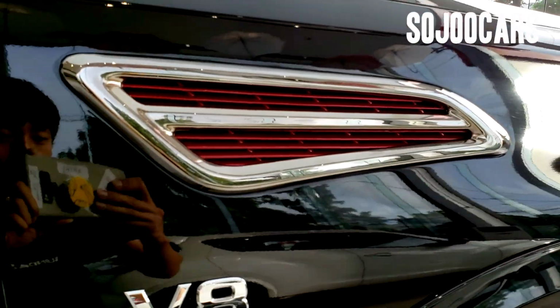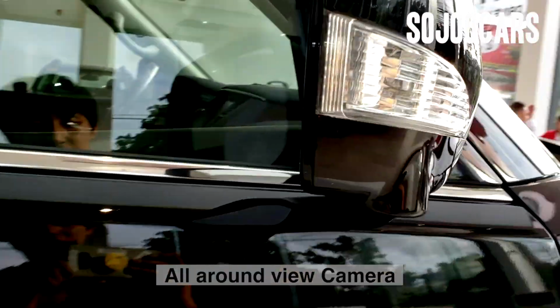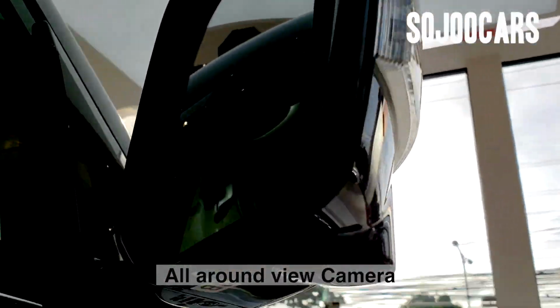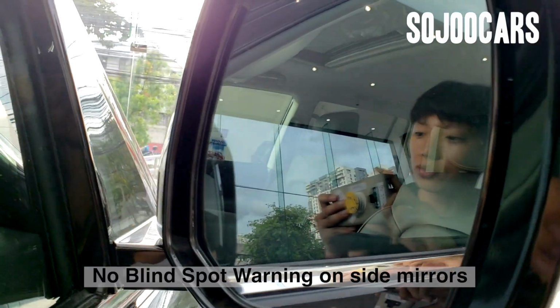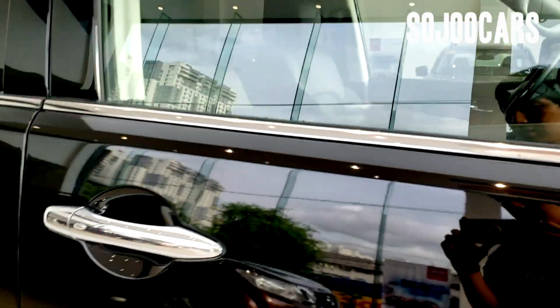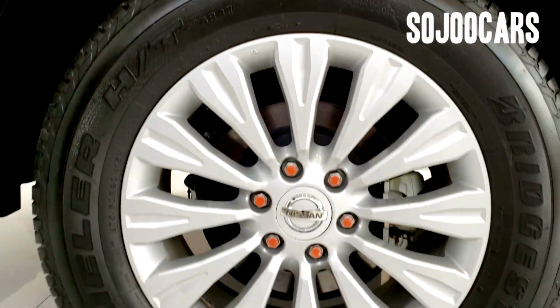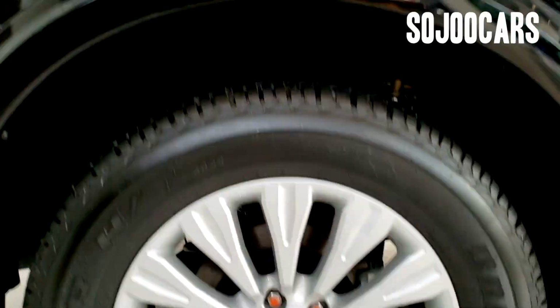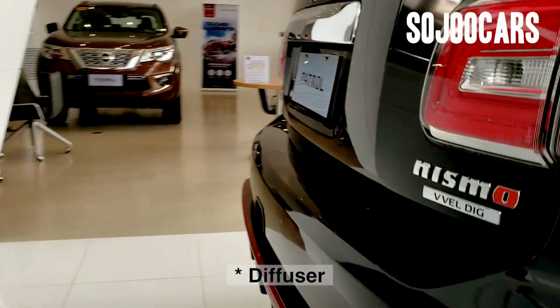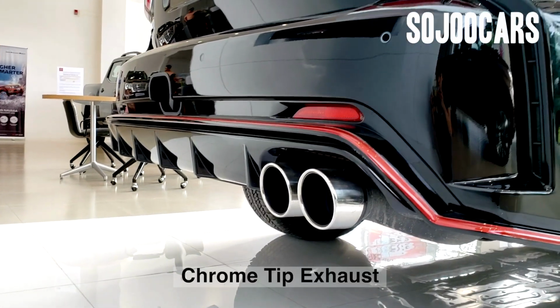The red vent, V8 with a camera, no blind spot, side mirror blinker, keyless entry, huge disc brake, rear spoiler with nice exhaust,